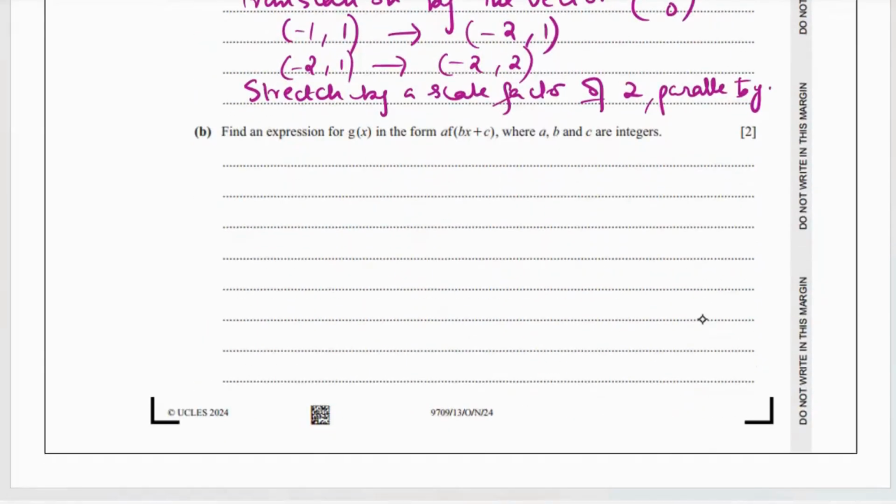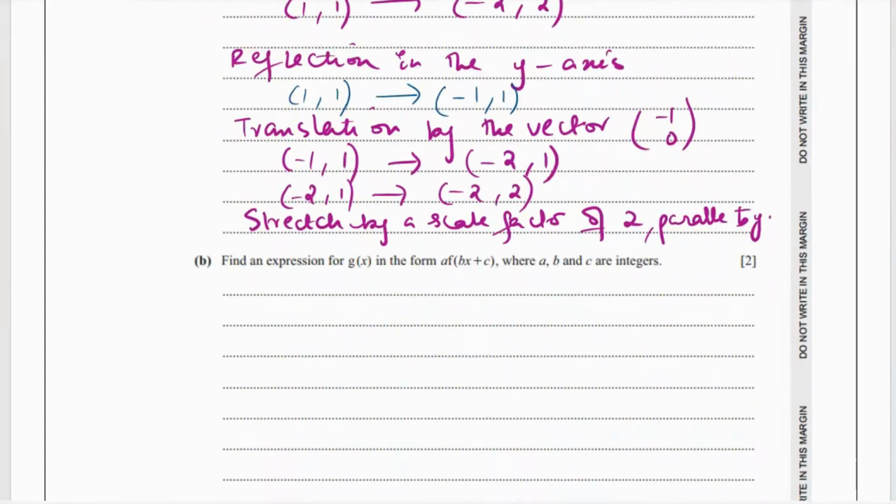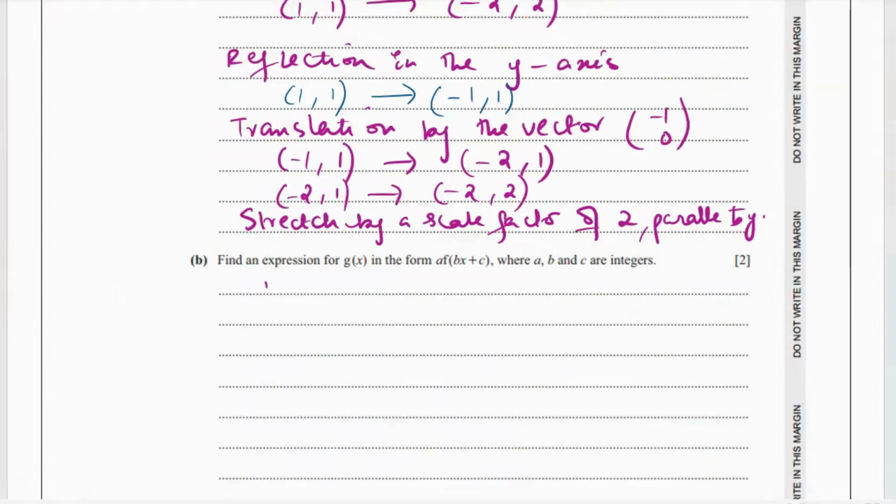Then find an expression for g of x in the form of a f(bx plus c), where a, b, and c are integers. So completing square form, basically. So we're going to use the transformations in this case. So we know that it's stretching by a scale factor of 2, which means there's going to be a 2 outside. So 2 f of,